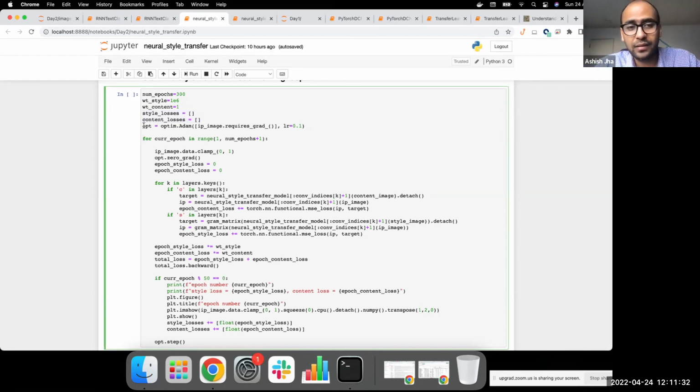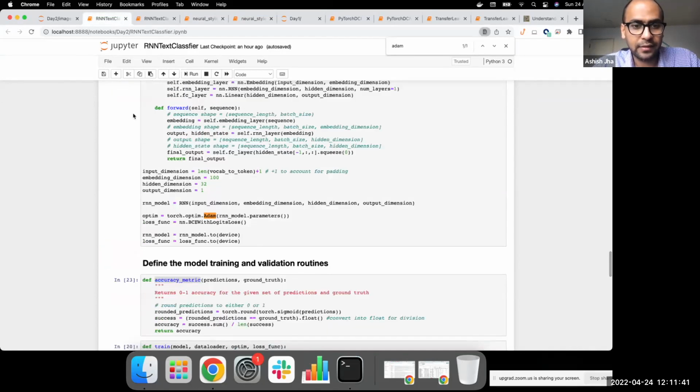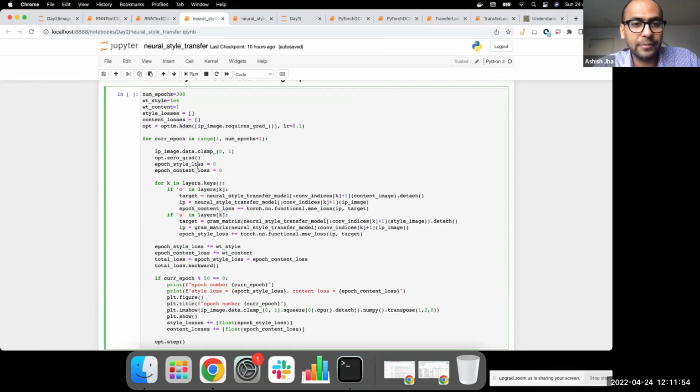And then this is a very, very important step you should focus on. I use the Adam optimizer, right? But let me quickly show you in the previous exercise. Whenever we define the optimizer, we declare all the model parameters inside the optimizer because we want the optimizer to tune all of these model parameters. But in our current exercise, we are explicitly asking it to optimize only the input image itself and nothing else.